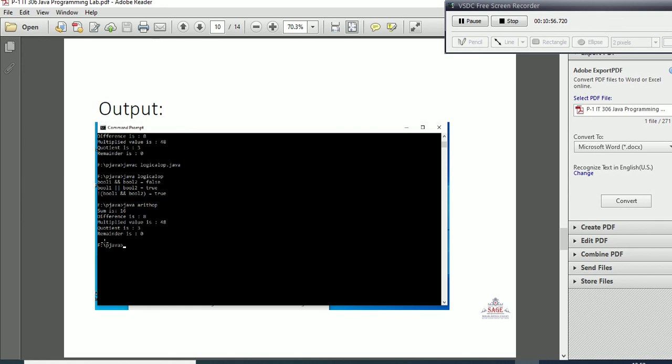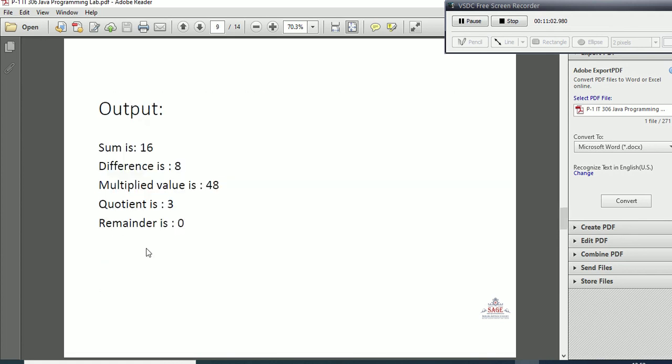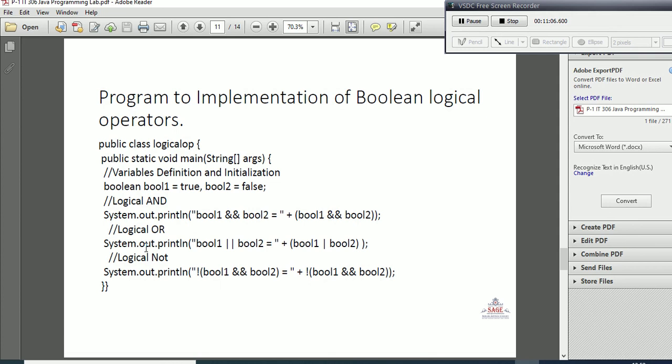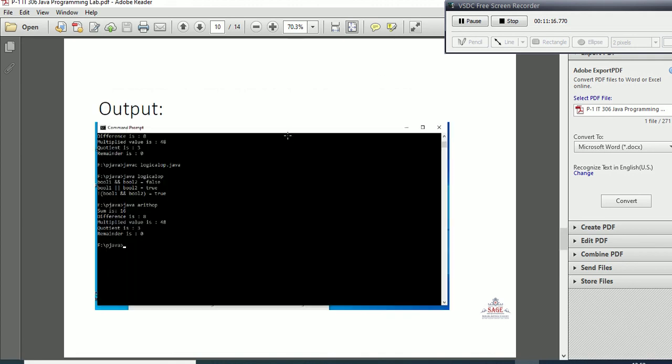So in this program we have implemented the arithmetic operators using Java. Here is one more program, the program to implement the Boolean logical operators. First we see the experimental of the first program, the program to implement arithmetic operators.